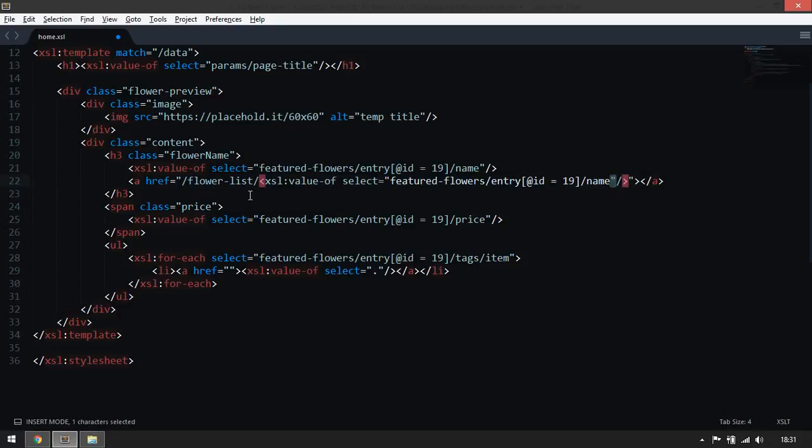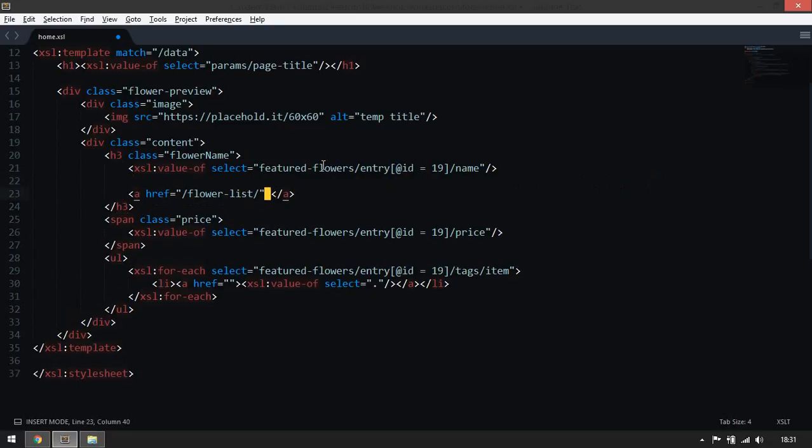So it's kind of messy. So to put the values in the standard HTML or XML properties, we use the braces syntax. So once we open these braces, we can select any value without using this value of tag. So let's just copy this like so,